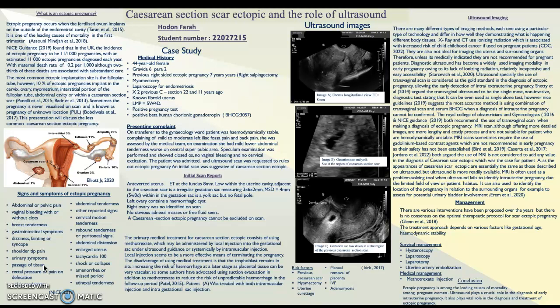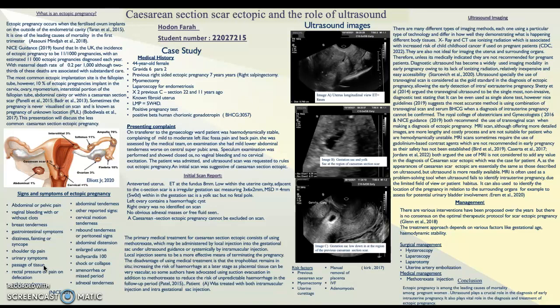The case study I'm going to discuss today is patient A. She's a 44-year-old female with a less common caesarean section scar ectopic. Past medical history: gravida 6, para 2. Previous ectopic pregnancy 7 years ago, leading to right salpingectomy, previous myomectomy, laparoscopic surgery for endometriosis, 2 previous C-sections,